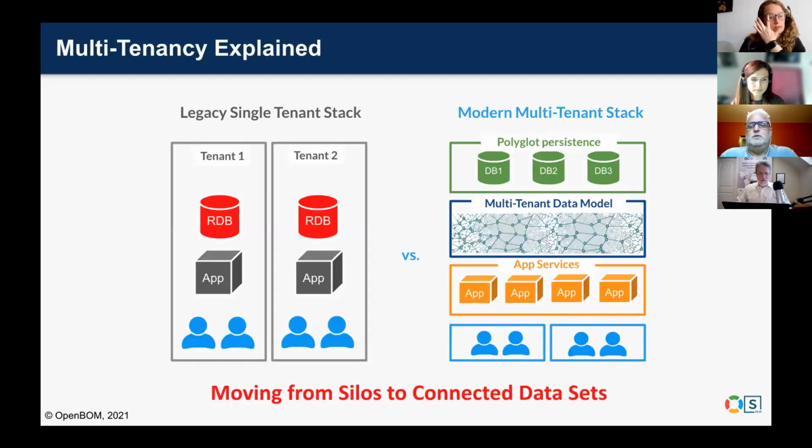For example, dealing with a graph data model. You can do that in a relational database, but it's a challenge and resource intensive and really not the best tool. And there are other document models that